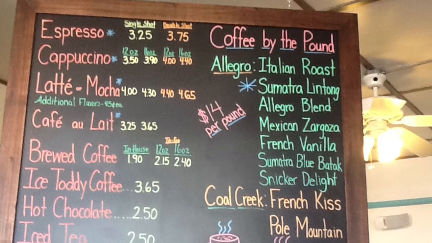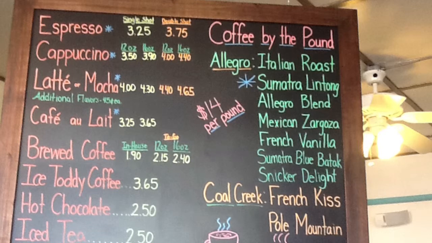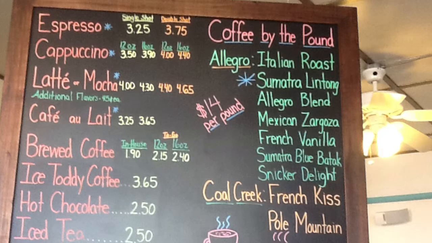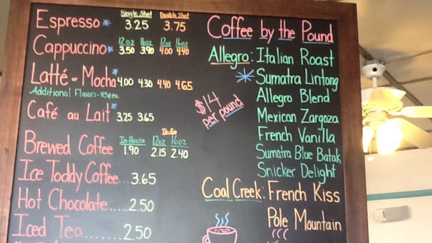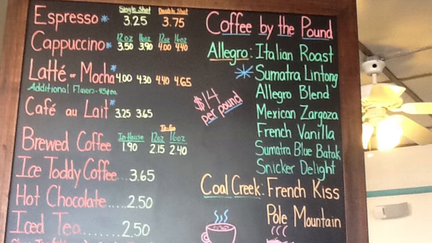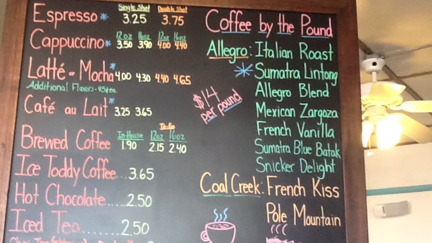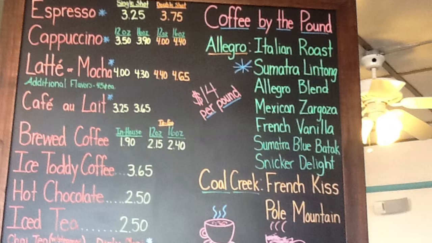In order to successfully read this board, it is being assumed by the employees that the person ordering knows what each drink is because there are no descriptions next to each type of drink. For example, if someone is ordering a latte, it is assumed that they know what a latte is because there is no definition available for someone to read on their own. There are also size options, prices, and symbols to signify extra options for particular drinks.